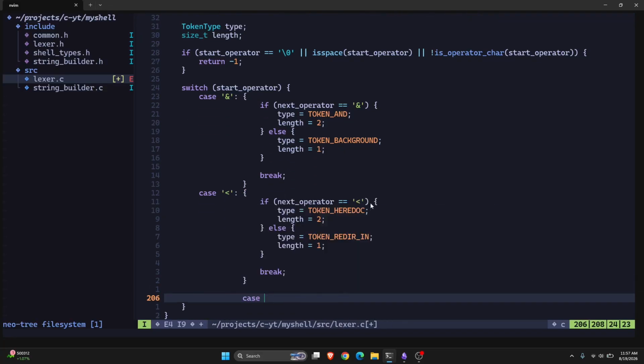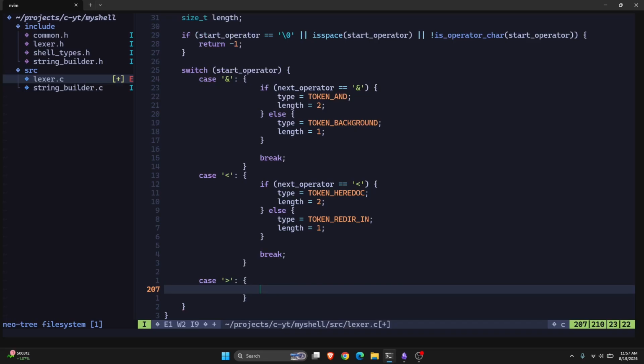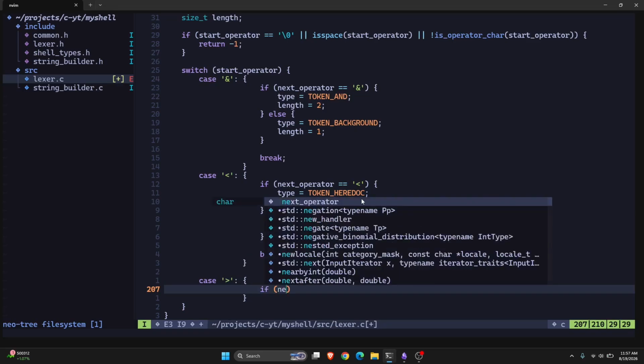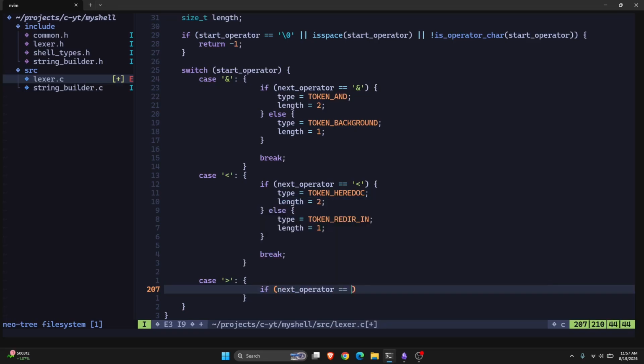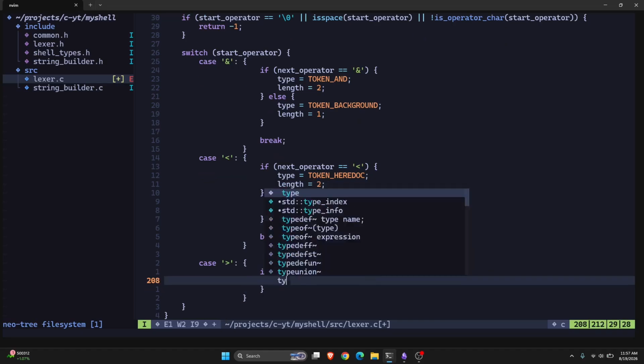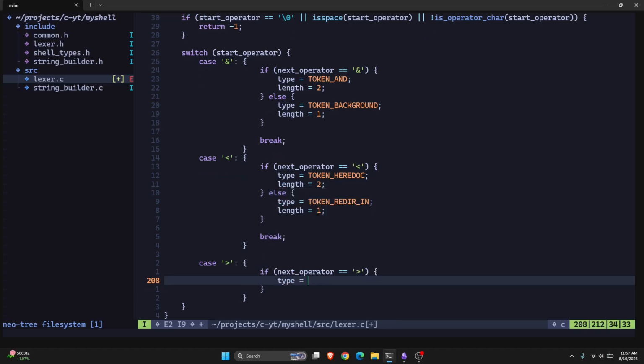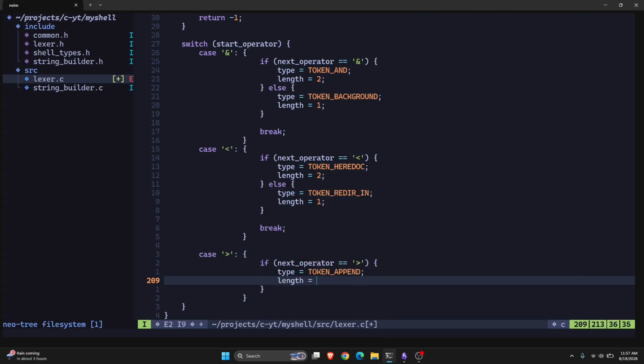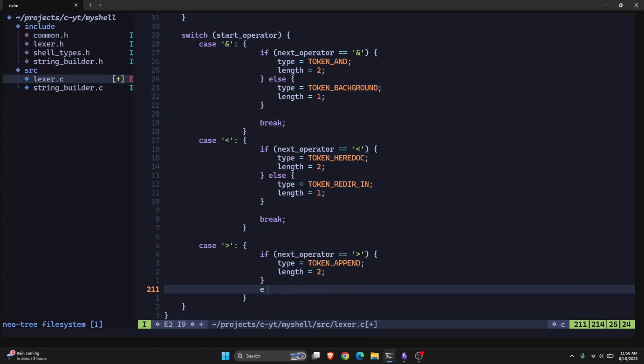After that case, sorry, that was a less than sign, this one is a greater than sign, my mistake. Here we have to check if the next operator is also the same type of character, then the type is going to be token append, and the length is going to be 2, else